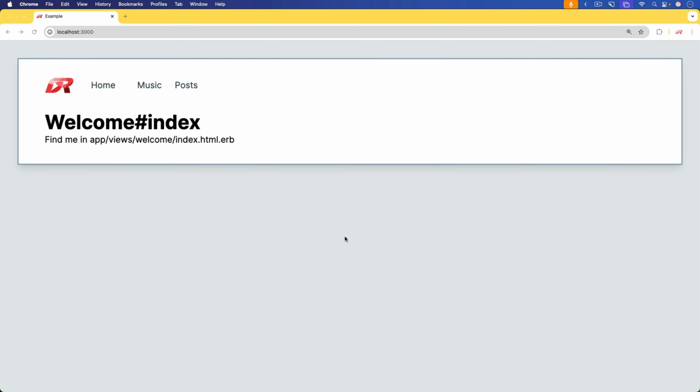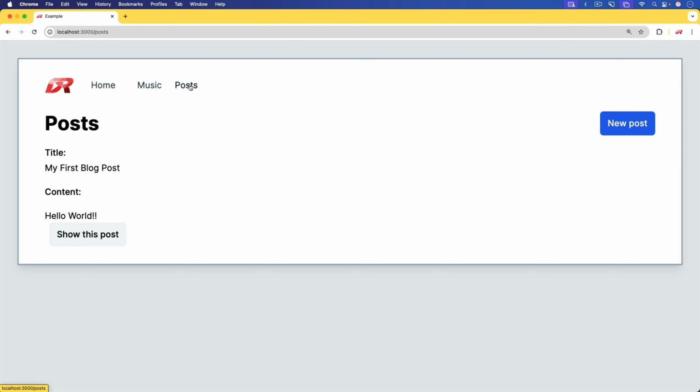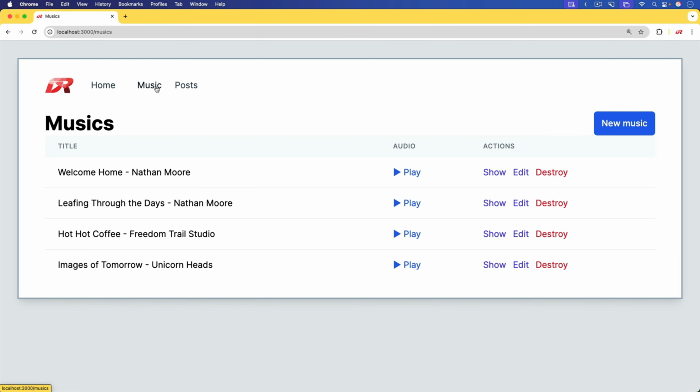In this episode, we're going to be doing something really cool. So in this example application, we have two different things. We have music and we have posts. Posts is simply just a blog post area, but what we're going to be focusing on is this music. And the basis of this episode is when you're playing audio on one page and you navigate away, a lot of times the audio will stop playing. But with using some Stimulus controllers, we could actually persist that, so no matter what page we navigate to, it'll